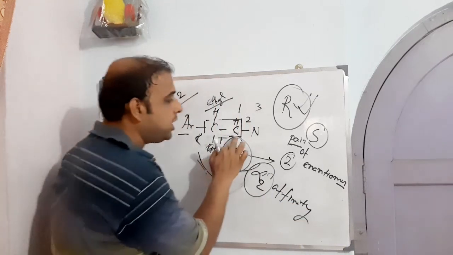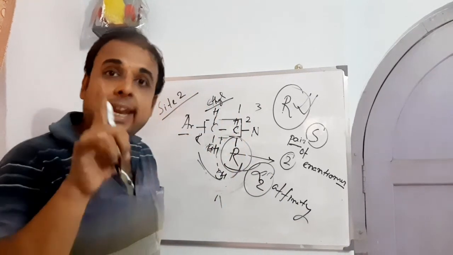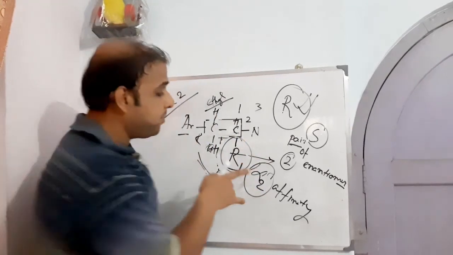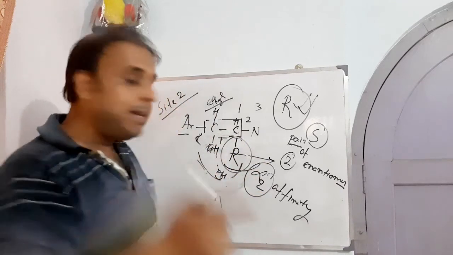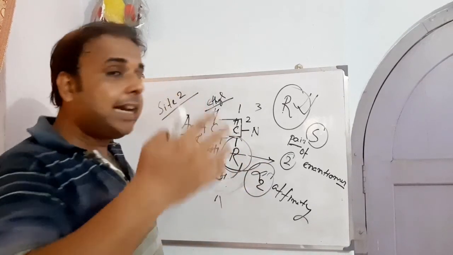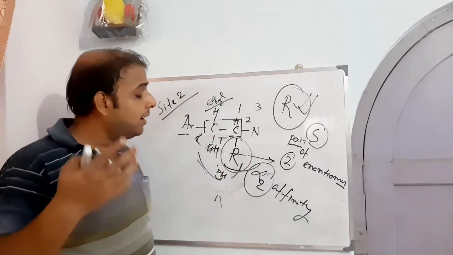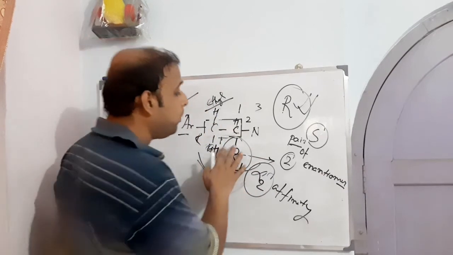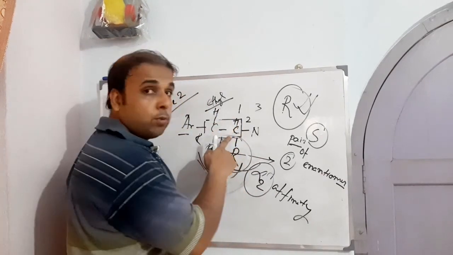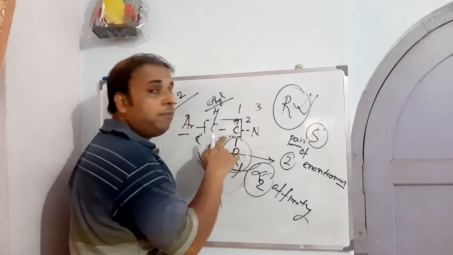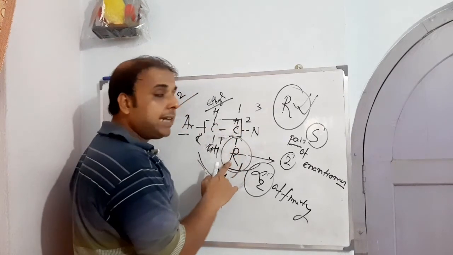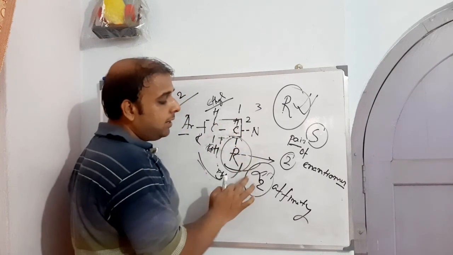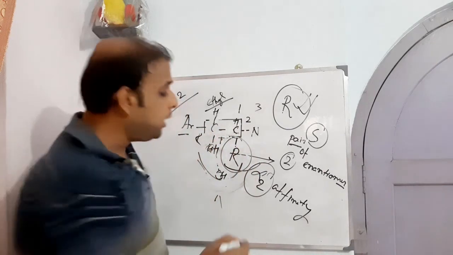So branching of this alpha carbon with a smaller alkyl such as methyl leads to the production of an agent which is alpha 2 selective. That is, a selective alpha 2 adrenergic receptor agonist develops the moment you go for branching of this particular alpha carbon. Insertion of a smaller alkyl, which is methyl, to this alpha carbon leads to the development of an agent which grows affinity towards the alpha 2 receptor.